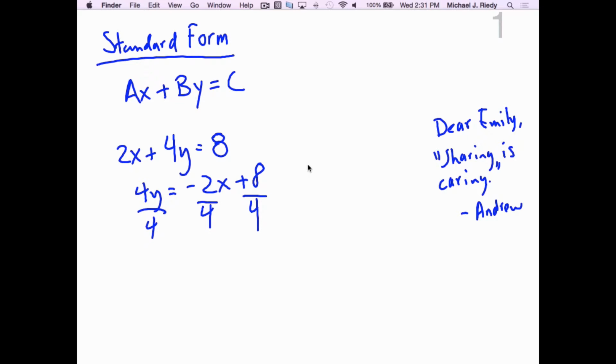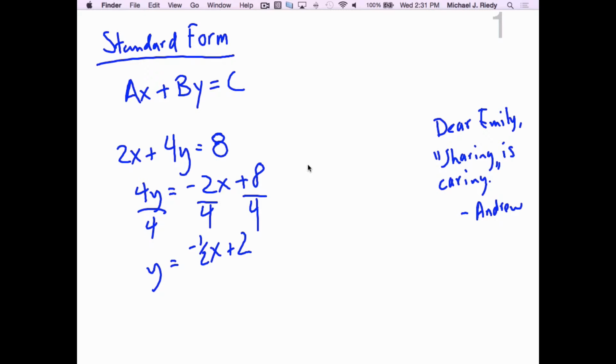4y divided by 4 is y. Negative 2 divided by 4 is negative 1/2, so negative 1/2 x. 8 divided by 4 is 2. What's the slope? Negative 1.5. Okay, now because I'm a big fan of point slope, not slope intercept,